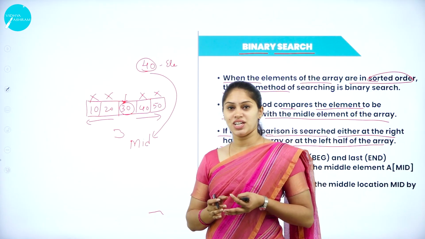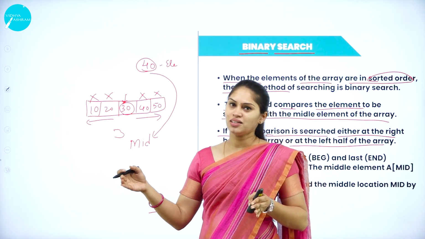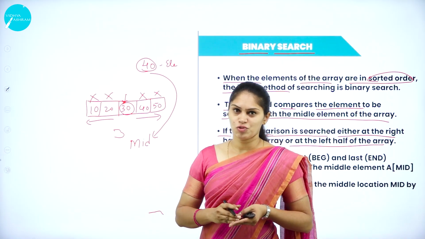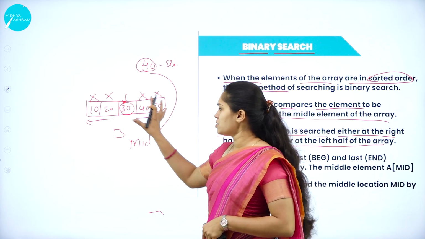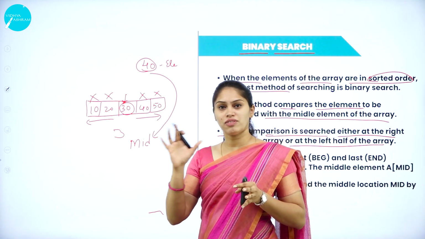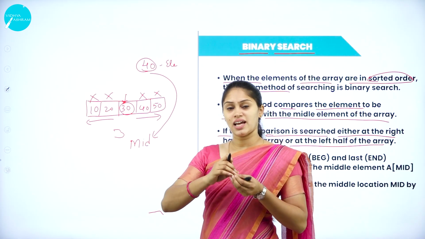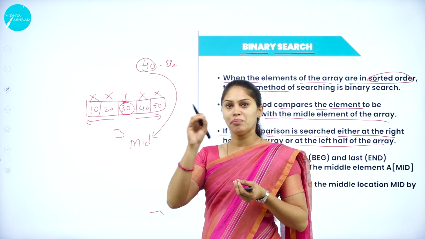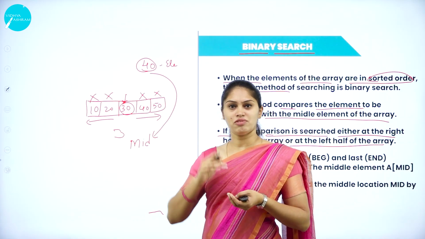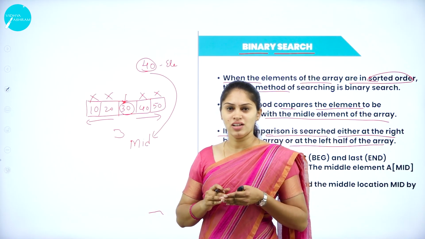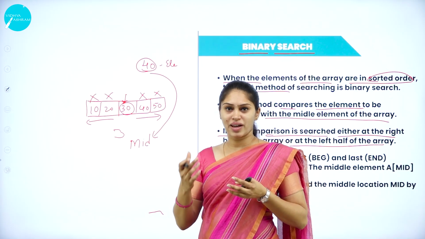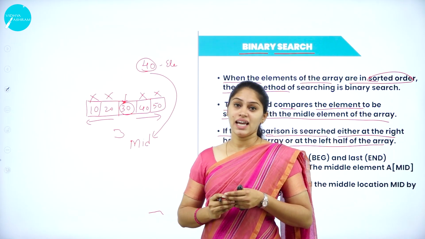So which is more efficient, linear or binary? Binary, right? But we have one condition, it has to be in the sorted format. In linear, as of now we have only 5 elements. But what if we have thousands or 5,000 elements? In the linear array, I have to compare all the elements up to the 5,000th. What if my searching element is in the 5,000th position? That means it will take too much time, and the space complexity will also increase.